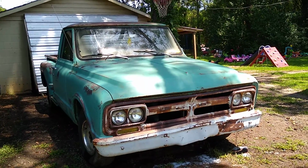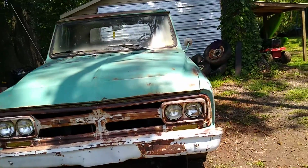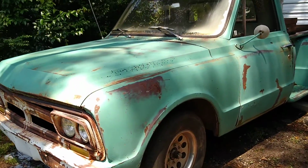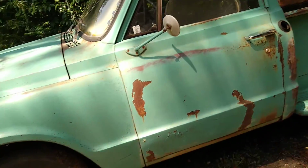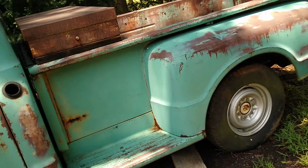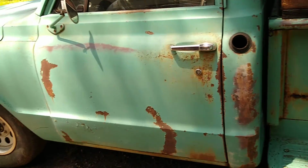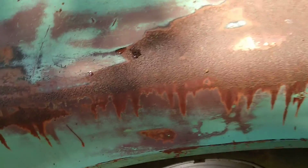All right, you guys, last time you saw this truck, I had just gotten it in. It was filthy. I've washed it repetitively. I just finished taking some super fine steel wool to it. The first wash, I mean, it took off so much of the paint anyways. But the super fine steel wool with some soap and water on each panel really allowed me to do a good wet sand. It took a lot of the